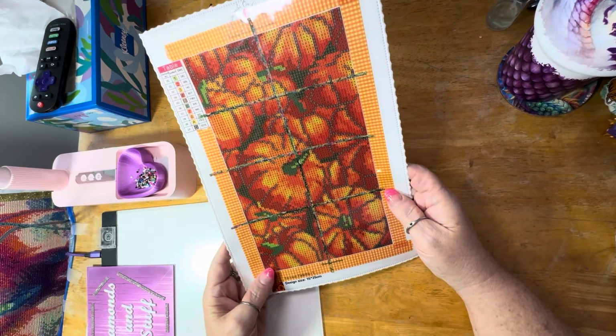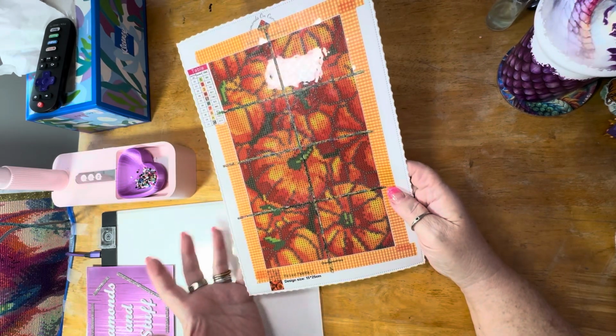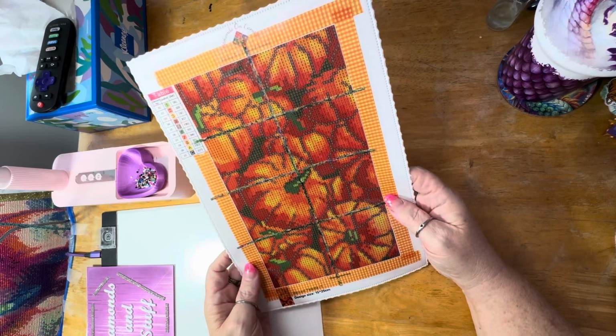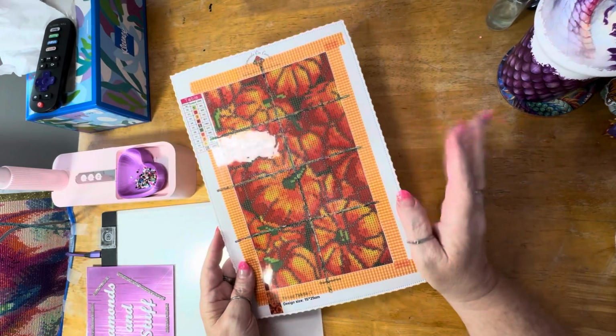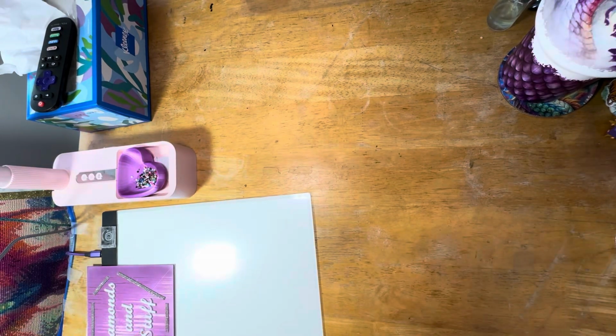These are square drills, but I'm intentionally doing this not only because it fits the theme, but because I want to test them out, because I have not done any canvases from this company before. So, I'll be doing 2 of these for Arietta's event, and then the other one I'm going to be doing is